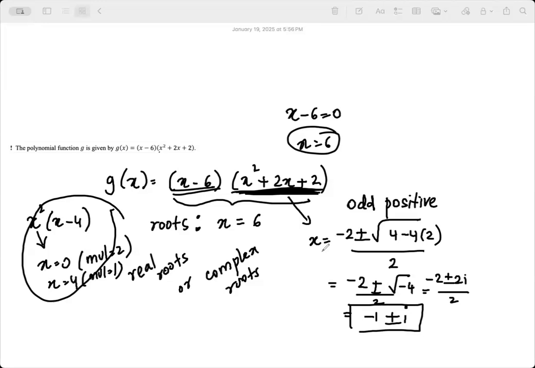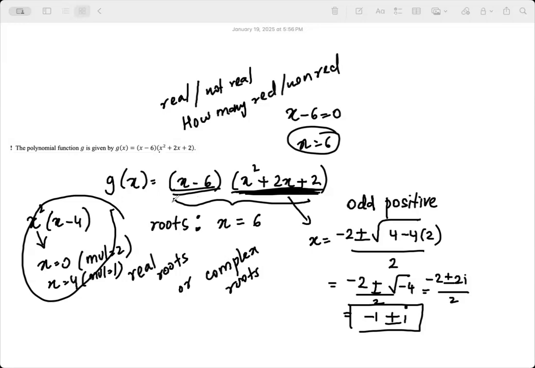So what I'm coming to say is, when you're given a polynomial, the target for this class is you should be able to find out the nature of the roots. Nature of the roots means whether they are real or not real. And how many real and non-real roots there are is as well important.